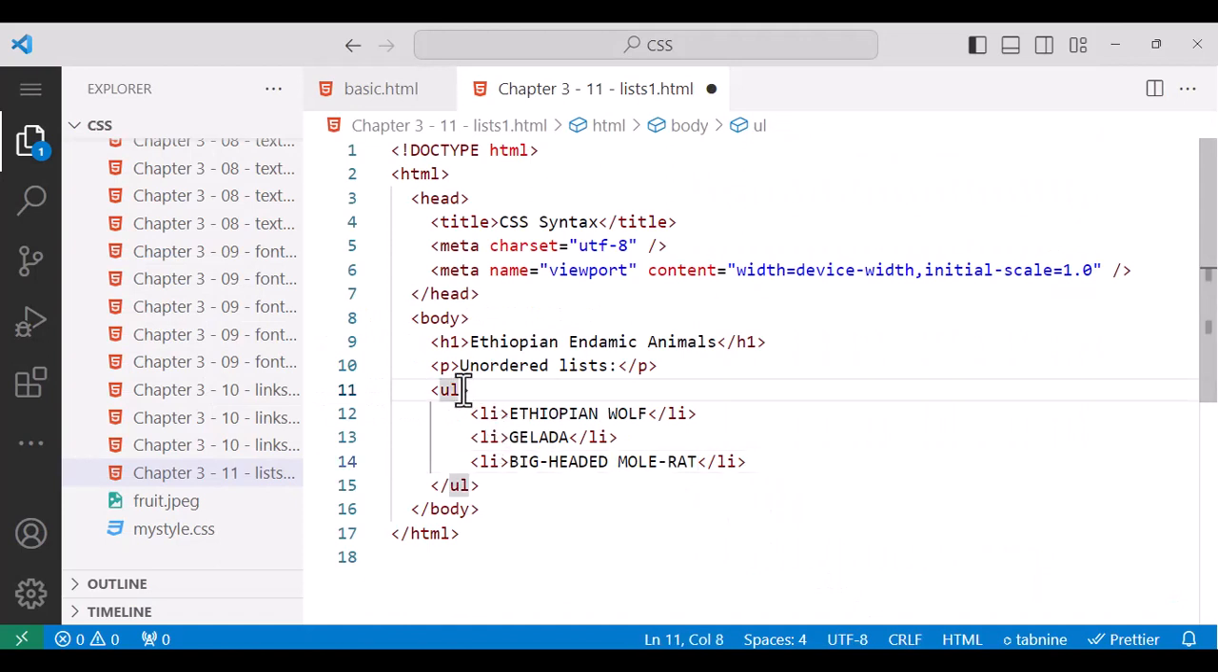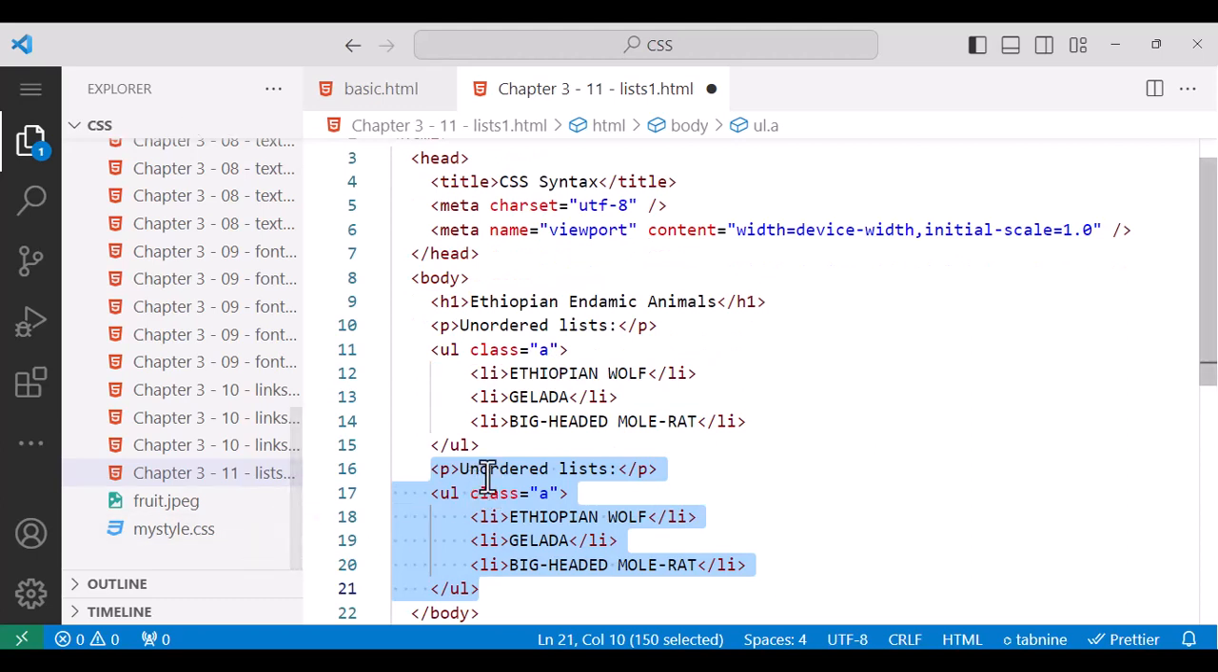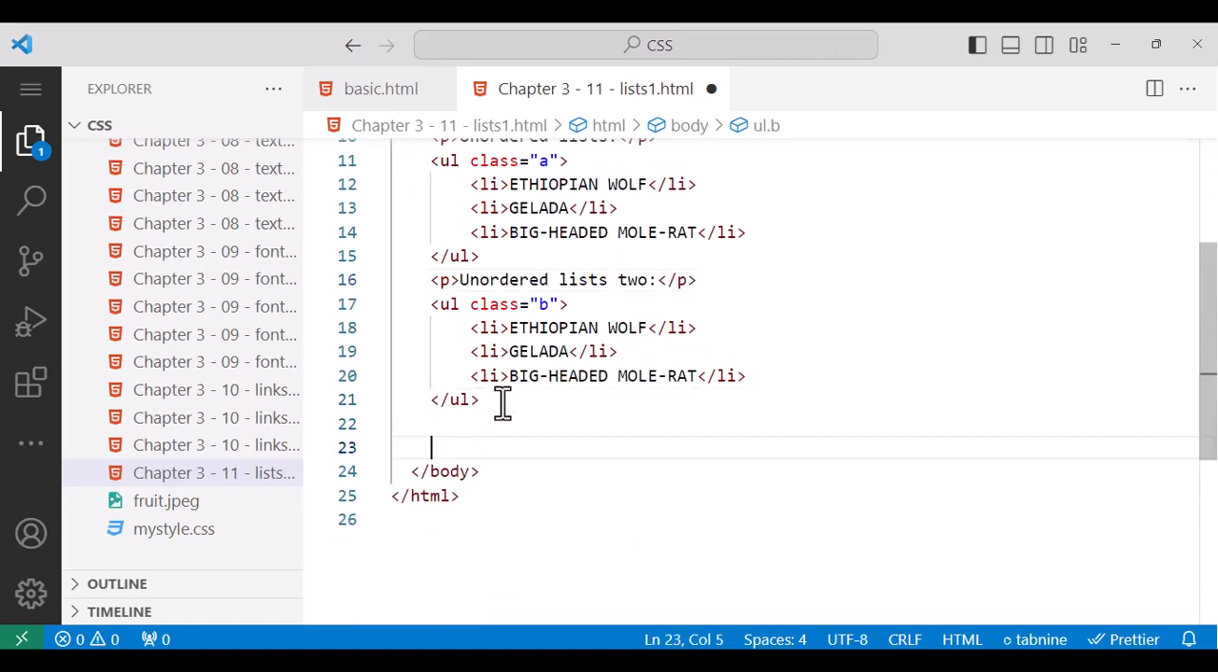So here we have another list, and let's give it a class name of A. We can copy it simply by clicking at the first list and at the end of UL, and we can press Shift Alt down arrow in order to copy it, and we make it another list, and let's make it class B. And let's make another